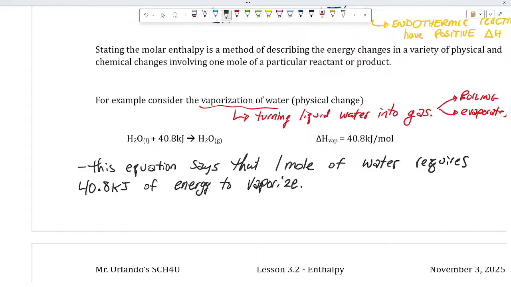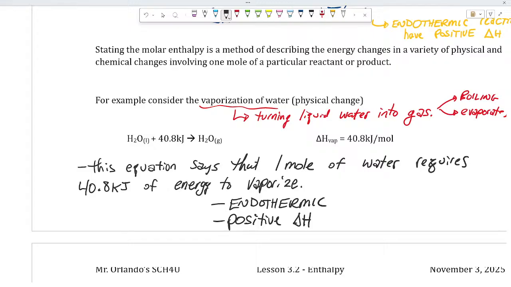Is this reaction exothermic or endothermic? This is endothermic. Does it have a positive or a negative delta H? Positive delta H. It has a positive delta H because it is absorbing energy. So the energy inside the material is going up. In other words, it takes more energy for water molecules to be in a gaseous state, to be away